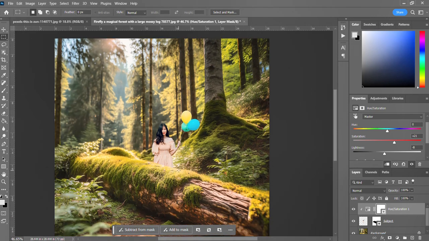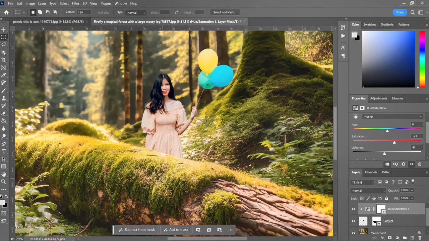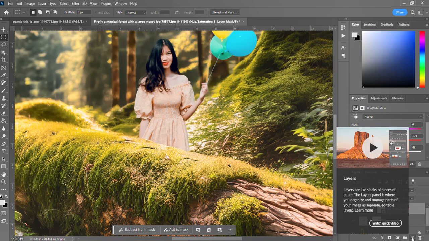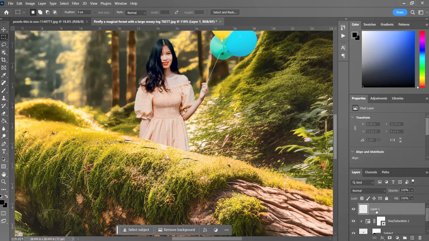Now, the last thing that we are going to want to do is add a shadow. If she were standing next to this, we would have some small amount of shading on her dress, on her arm here, that would be created by standing next to this log. To do this, we're going to go down here to the bottom right, and I'm going to create a new layer. I'm going to call this shading,